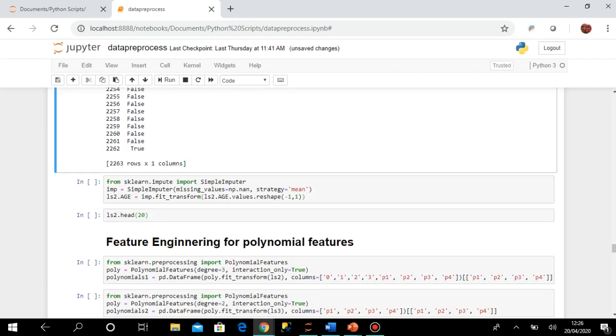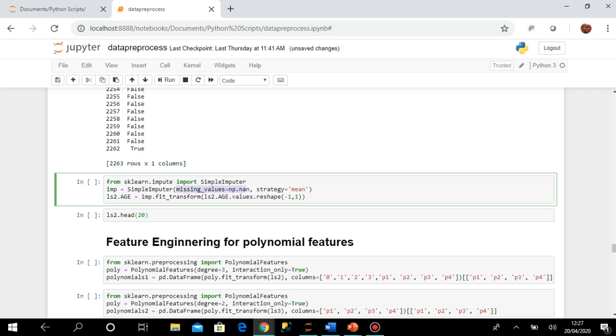Okay, then we have another thing that is called SimpleImputer. Through the indicator I have just understood where there is true or false, but if I want to handle missing data, if I want to replace something, then I will use this SimpleImputer. Here I am calling this SimpleImputer, and I have sent 2 arguments.